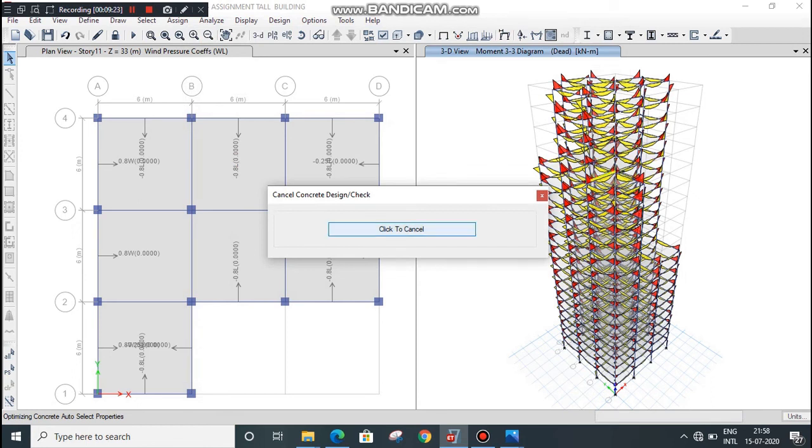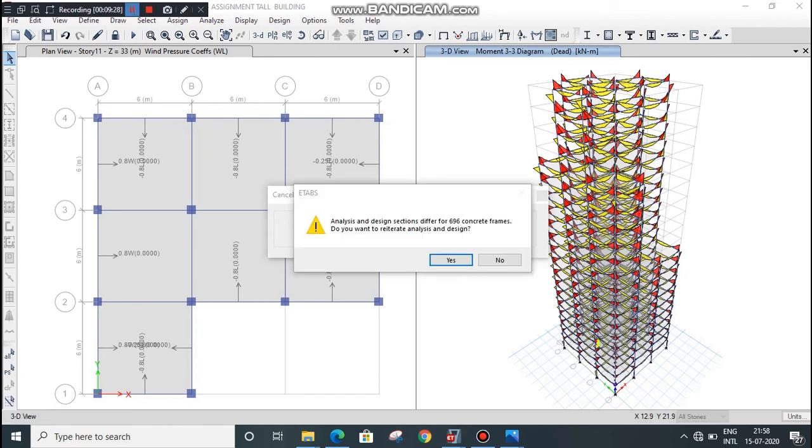It will take some time. Here you can see 696 concrete frames are overstressed. It asks whether you want to reiterate analysis and design.